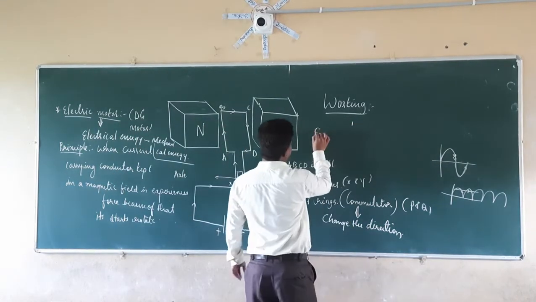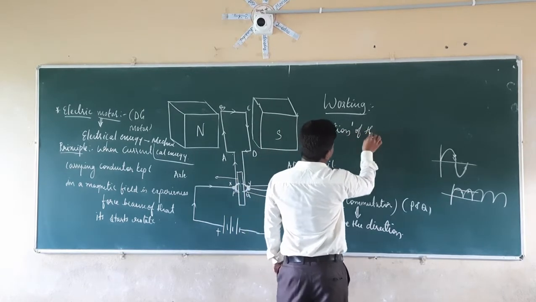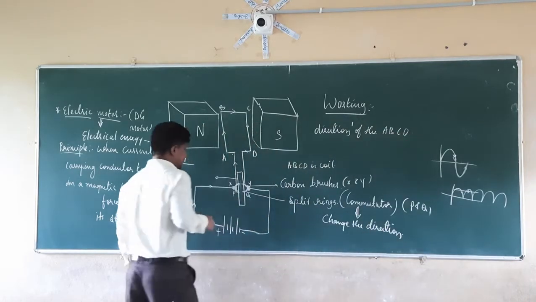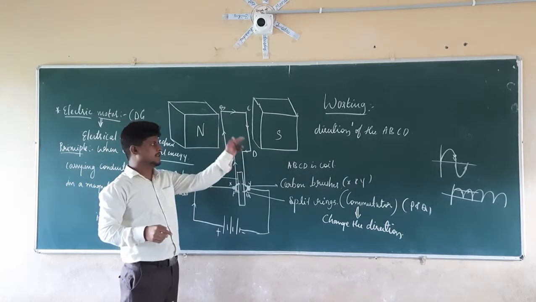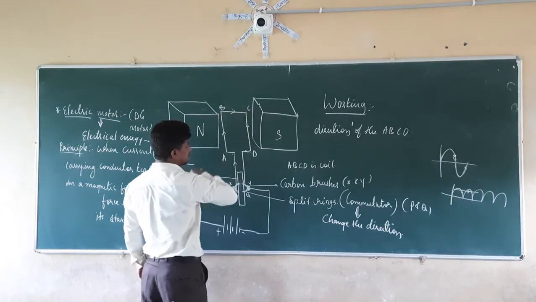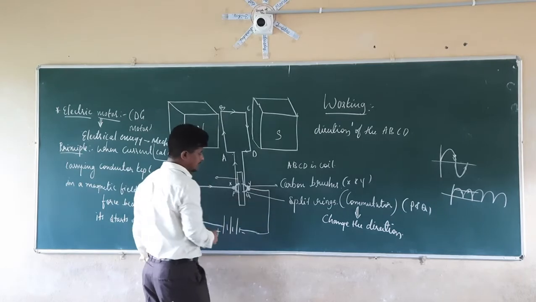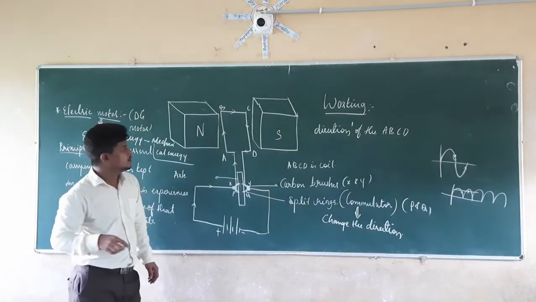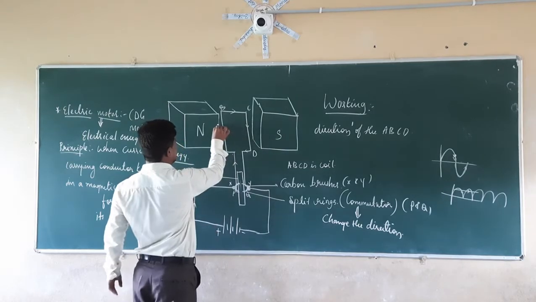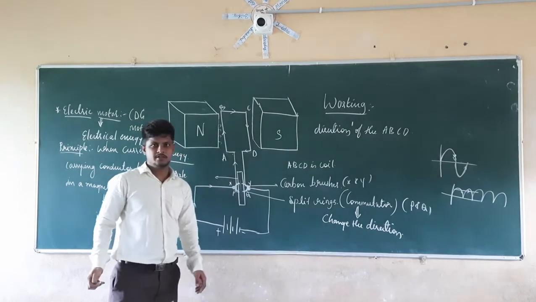So the direction of the current: when you switch on the current here, it is going to pass in the direction of AB, CD. So the current is going from A to B, C, D, like this it is continuing. Again it is going to come to the negative terminal at the first half. So if we check here, the direction of the current at this position is in the upward direction and the direction of the magnetic field is from the north to the south direction.